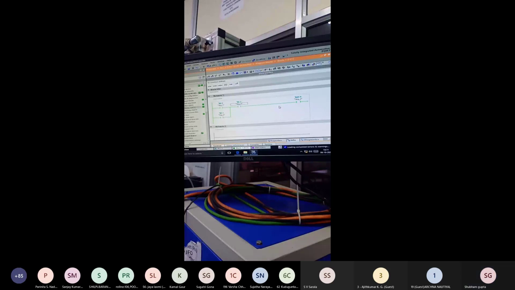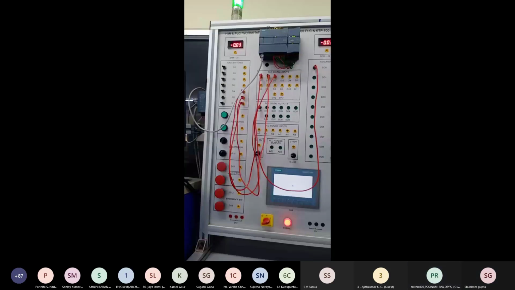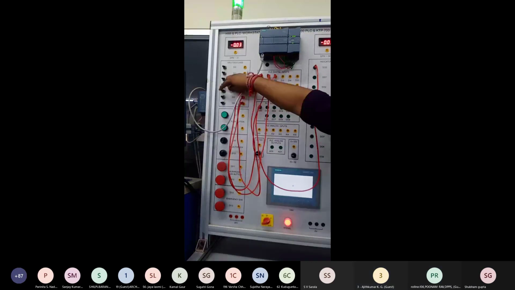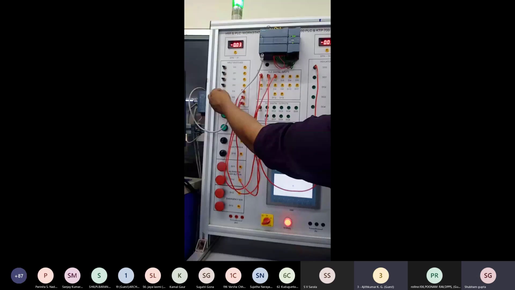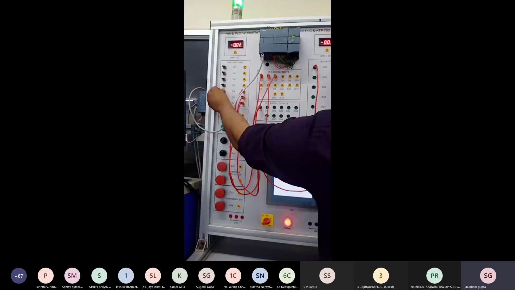It means that if either switch S1 or S2 is pressed and S3 is on, then the output goes on in both conditions. But if S3 is off, when we press S1 and S2, the output does not go on.